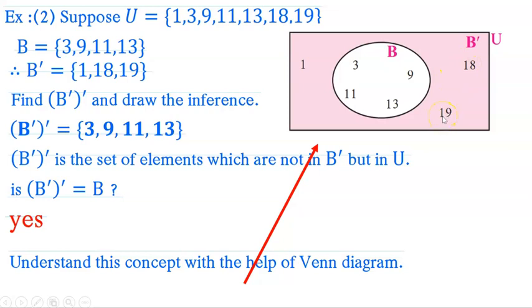This is the B complement. आणि पुन्हा या B complementचा complement जर find out करायचा असेल तर other than 1, 18, 19 means what? 3, 9, 11, 13. And hence complement of complement is the original set. Okay, now the next,